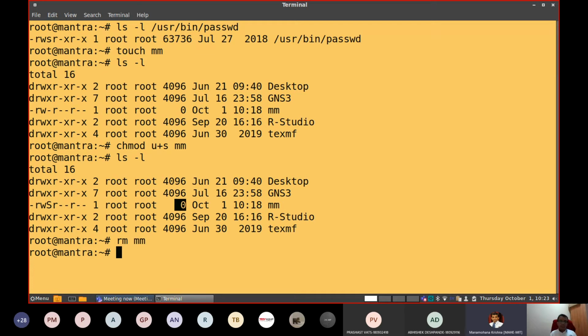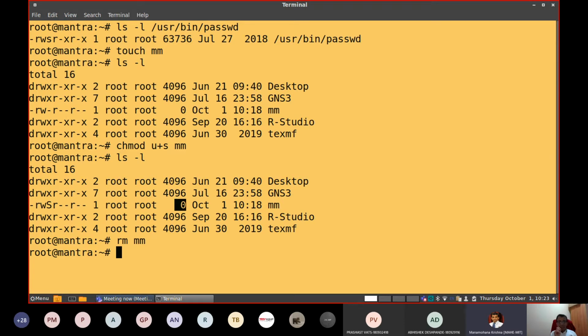Sometimes it may take nearly 1 minute, depending upon the size of the program. That entire big program will be loaded into your computer. After that, it will work normally. Initially, the first time you execute it, it takes a lot of time. Then you might have noticed that if you close LibreOffice and open it a second time before restarting, it will open up quickly. This is because of the feature called sticky bit.